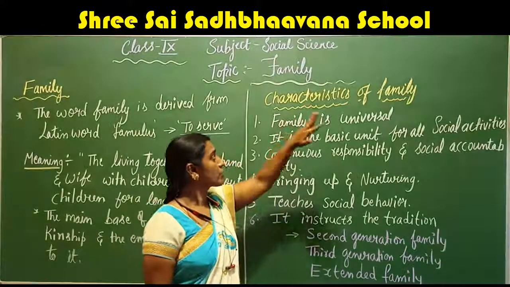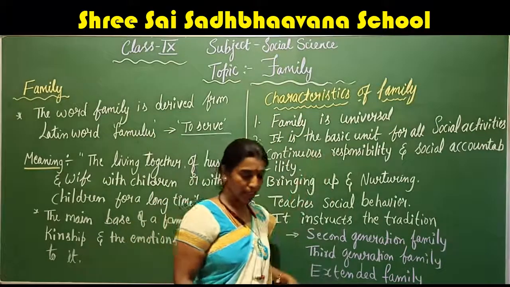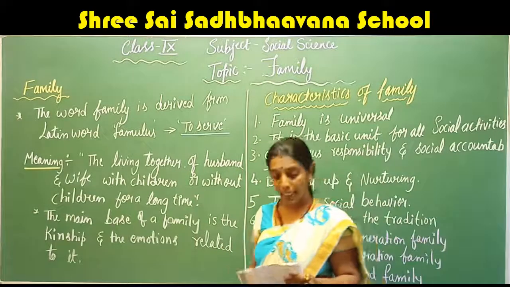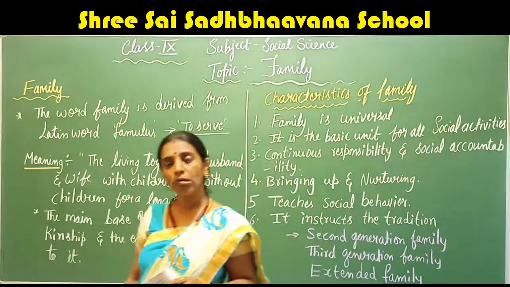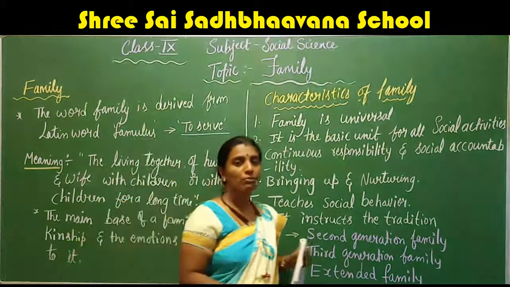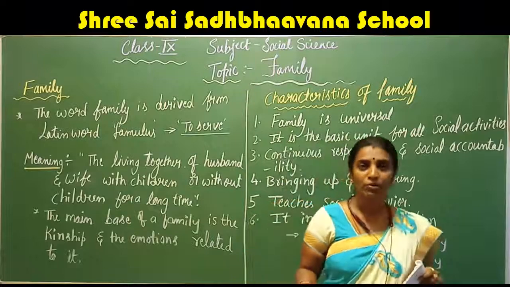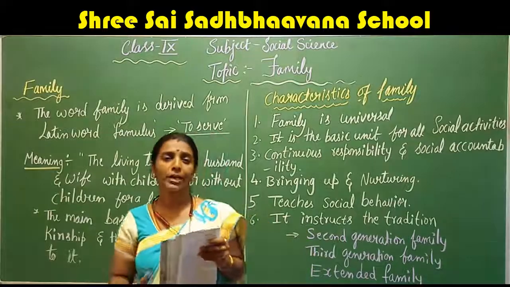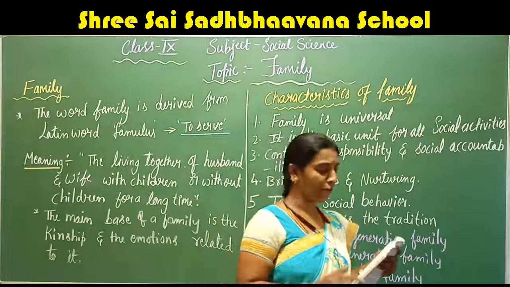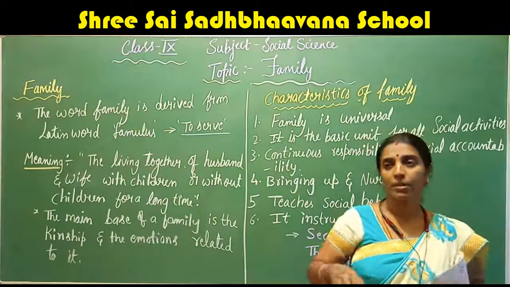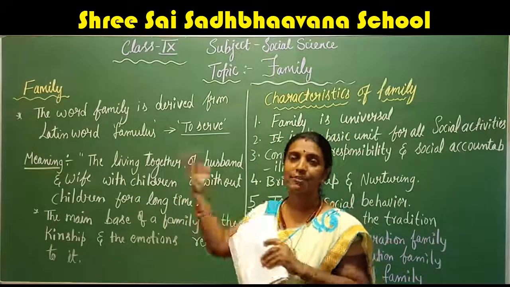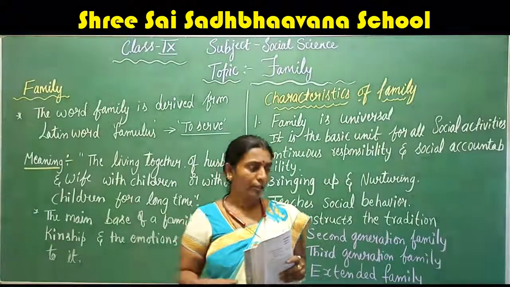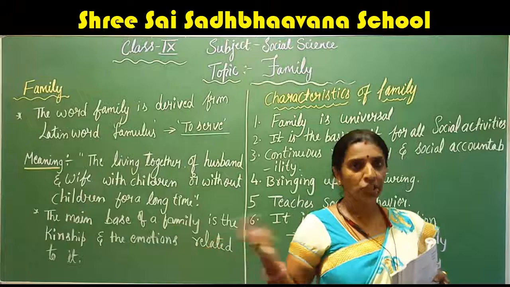Okay, first one, characteristics of family. Family is universal. Though it varies in accordance with specific geographical nature and time period, the family is found in all societies. If you take civilization and the ancient world, or the pre-Vedic period, post-Vedic period, up to our modern age, the period may differ, and even the geographical nature, maybe in Himachal Pradesh, it is different geographically. When you consider Indian society, we have many geographical differences from one region to another.